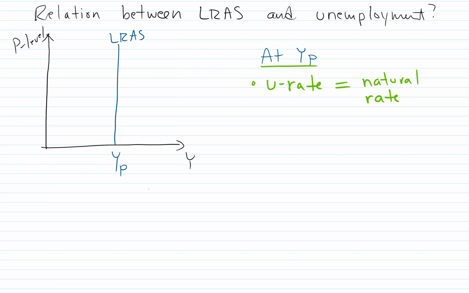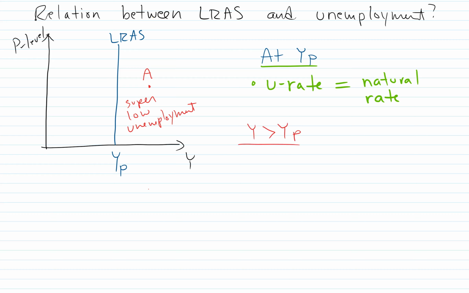Now, it's possible in the short run to go above this potential GDP. So how do we go above potential GDP? Well, it's possible to go above it to some extent. We take this point A. In this area, we have super low unemployment. So how would we get to a point like A? Well, we would get there